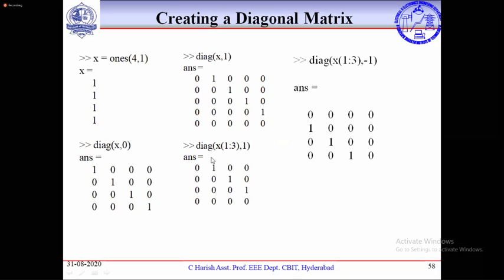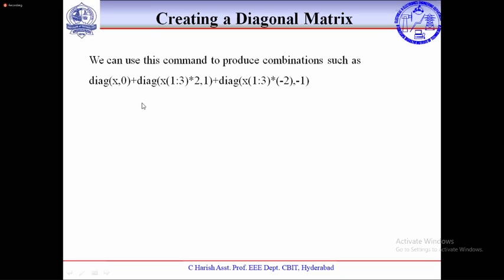Okay. Now, what you are asking is the elements of diag of x of 1 to 3 comma 1. 1 to 3 means what? First row to third row, and you want 1, which means you are shifting towards the top, the upper triangular matrix. Now what is the matrix size? It is now 4 by 4. Only the top will be 3. Similarly, this is 1 to 3 comma minus 1, so it is the bottom. Okay. Can you use this diagonal matrix in any other fashion, right? Is it clear?